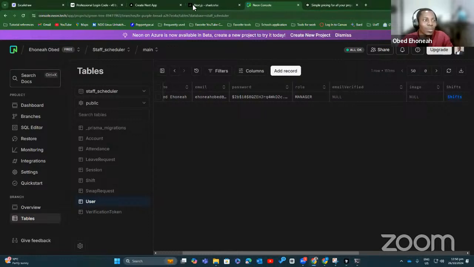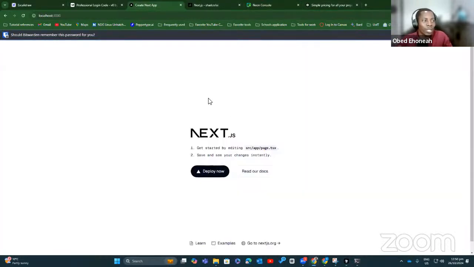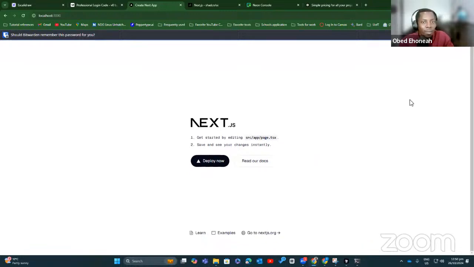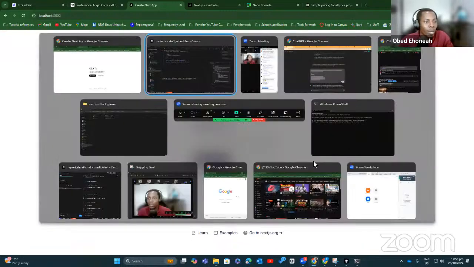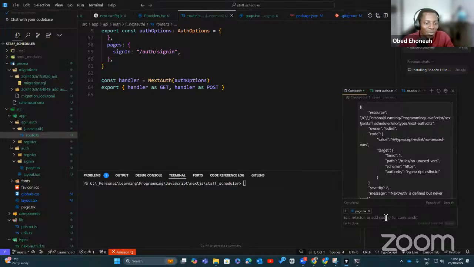We can prompt it to add password changes, log out, and all of that, right? So let me go and prompt it. Add password resets, and let me give it a lot of work.